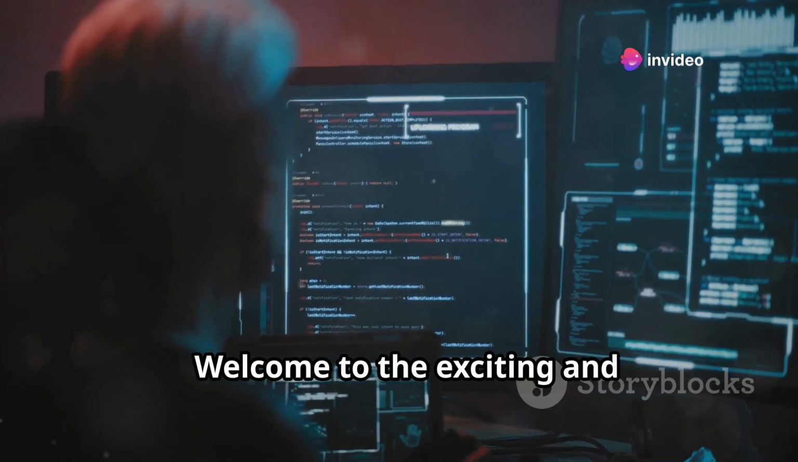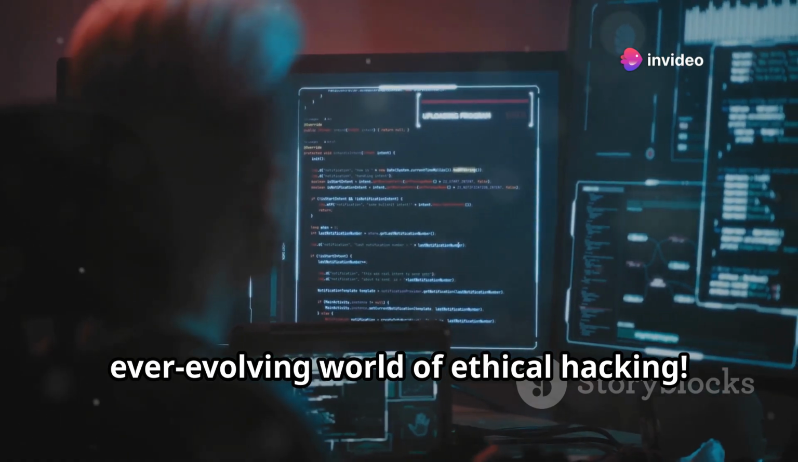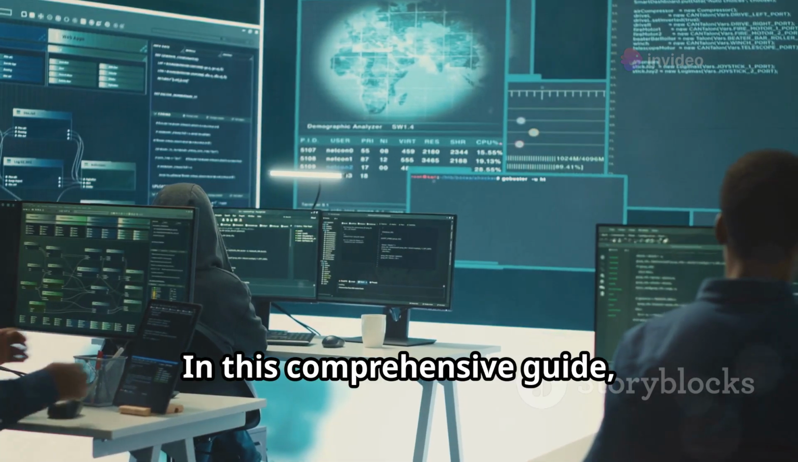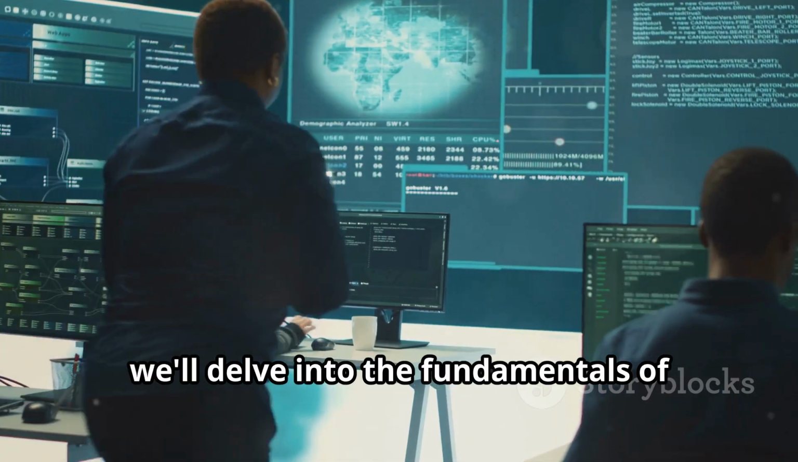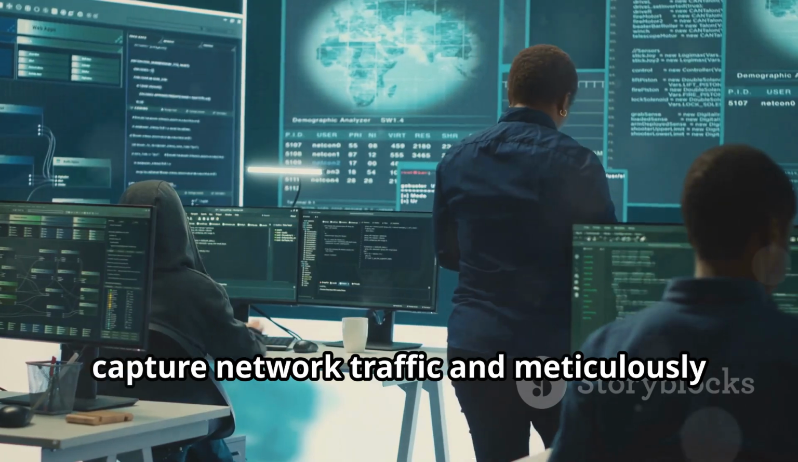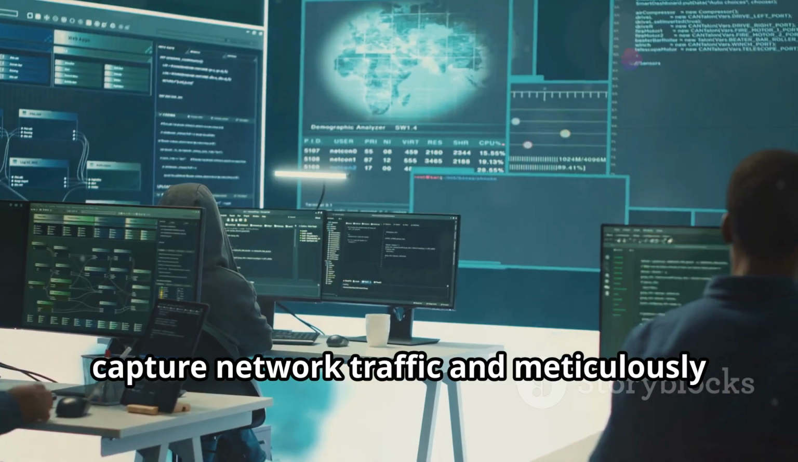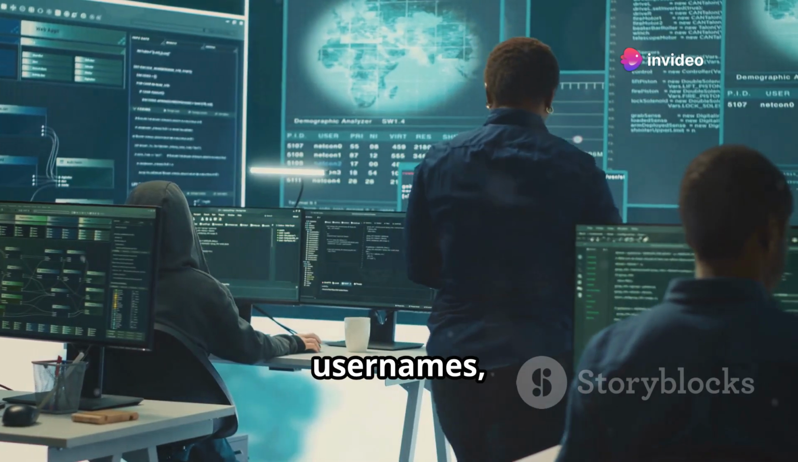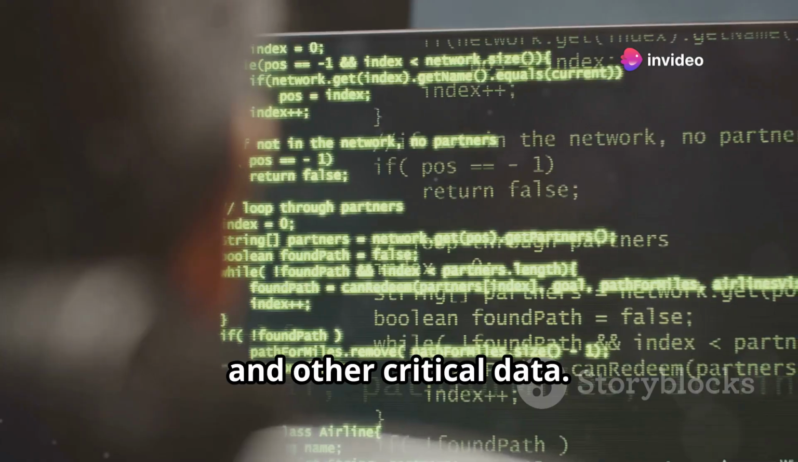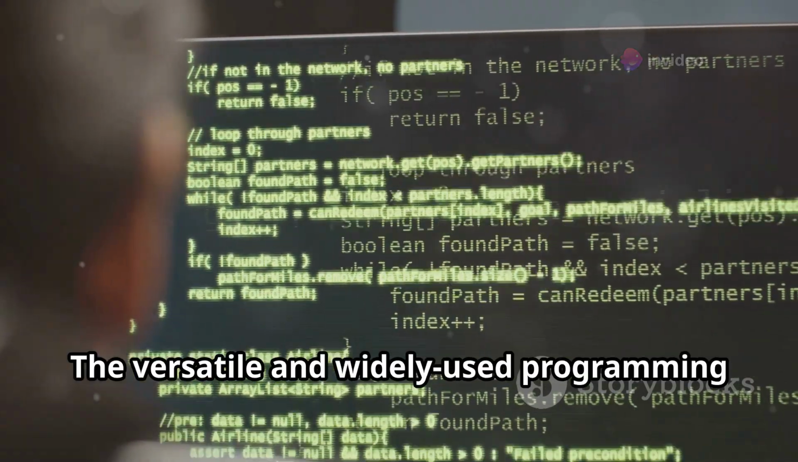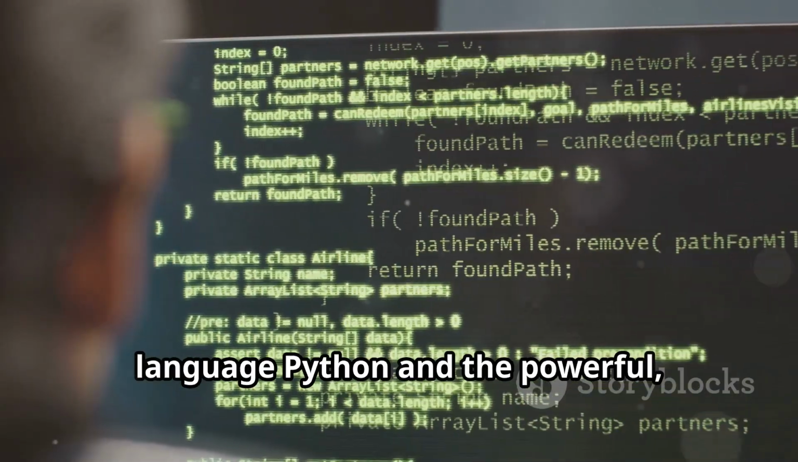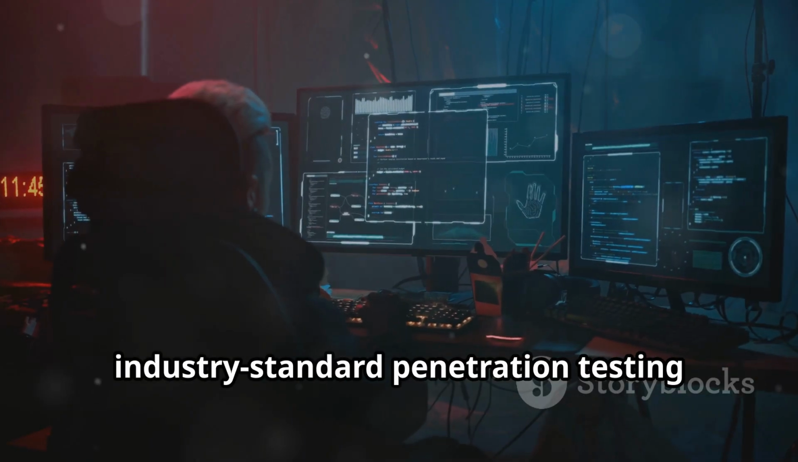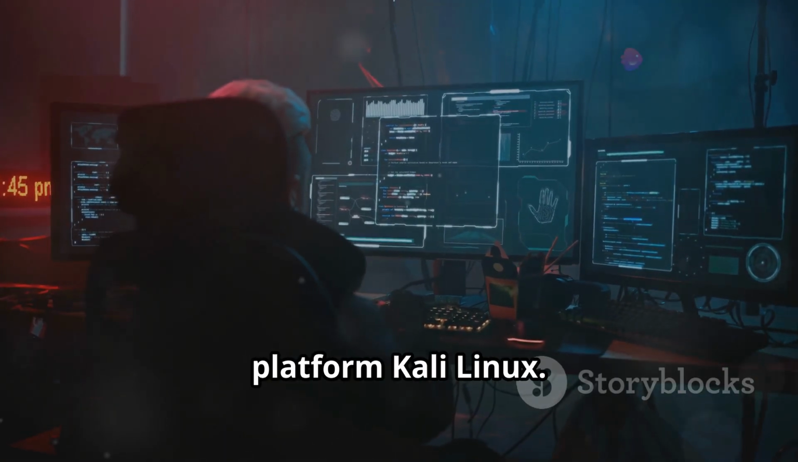Welcome to the exciting and ever-evolving world of ethical hacking. In this comprehensive guide, we'll delve into the fundamentals of network security by learning how to capture network traffic and meticulously analyze it for sensitive information like passwords, usernames, and other critical data. Our tools of choice? The versatile and widely used programming language Python and the powerful industry-standard penetration testing platform Kali